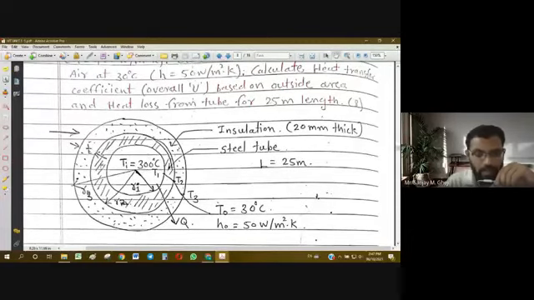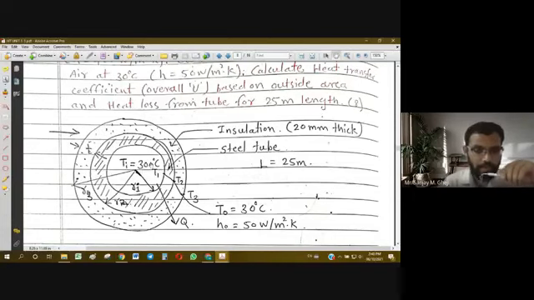Now we are looking at the cross section of the steel tube. So this is the inner surface, and through this hot gas is flowing, and this is the outer surface of the tube. This hatched region, this inner tube, is actually a steel tube, as indicated here. It has some thickness and some radius, and this steel tube is covered by insulation from the outside. This is the insulation provided so that the heat transfer rate, or heat loss, can be minimized.